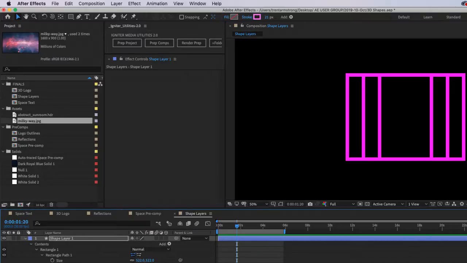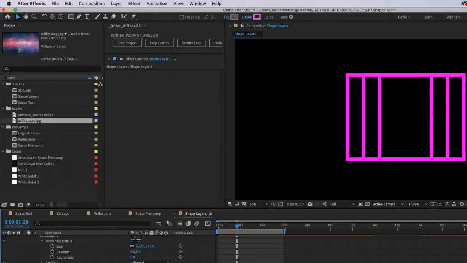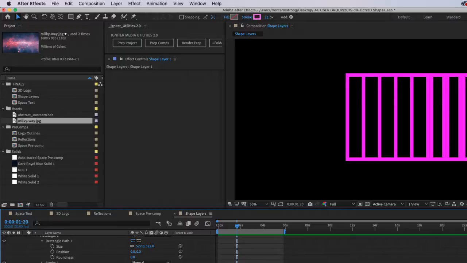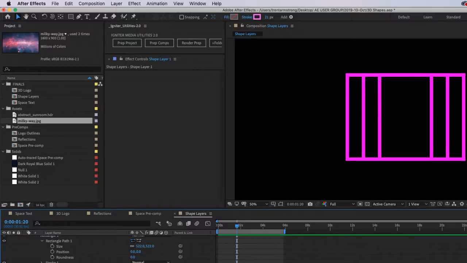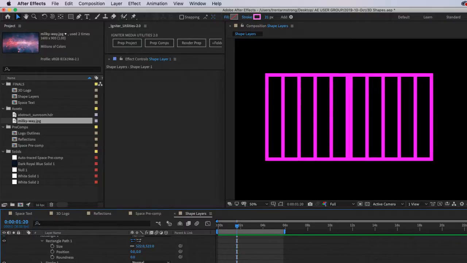When you first stick a repeater on your shape layer, you automatically get 100 pixel offset. You're duplicating, you get 3 copies and 100 pixel offset. I can continue to add copies or have no copies. I can also offset my copies.